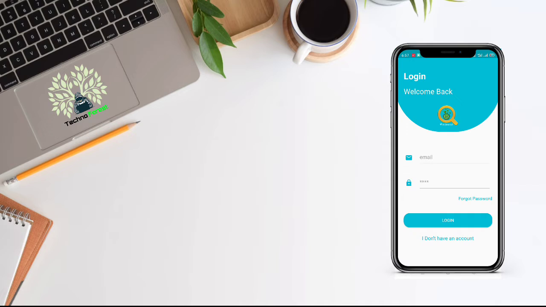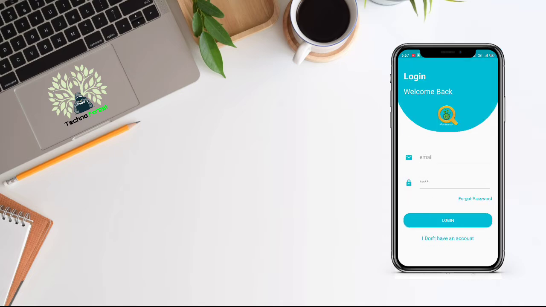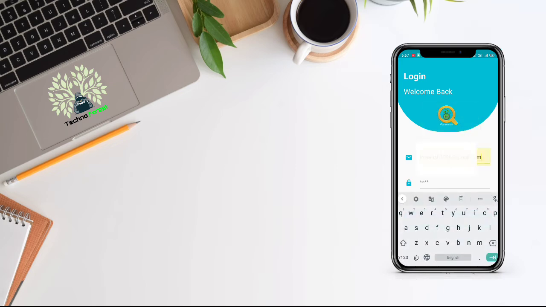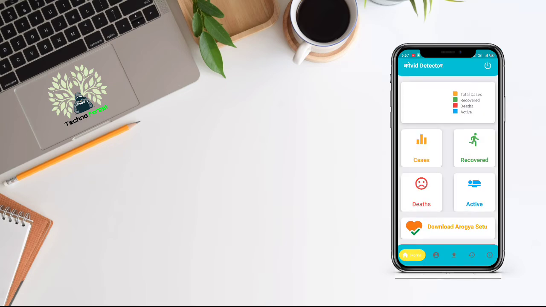Please go and check. Once you download the application, you need to follow the registration process where you have to give your mail ID, mobile number and password. So I'm not wasting time creating a new account. I have already created an account on this application, so I'm using those credentials. Once you log in to the application, you will be able to see an interface like this.